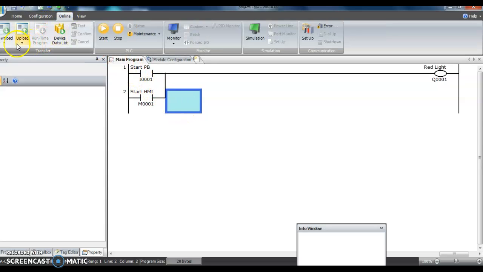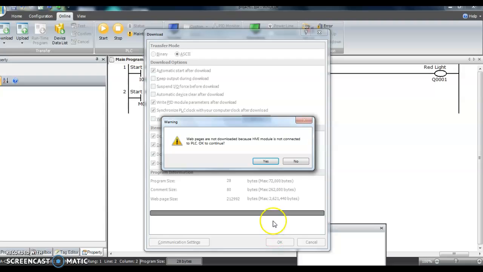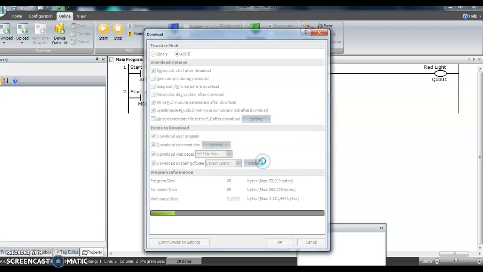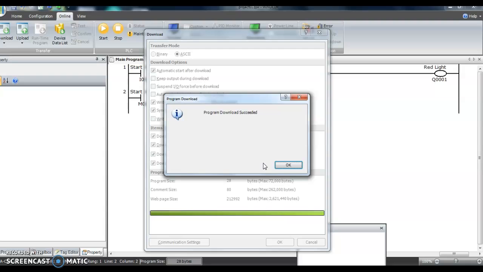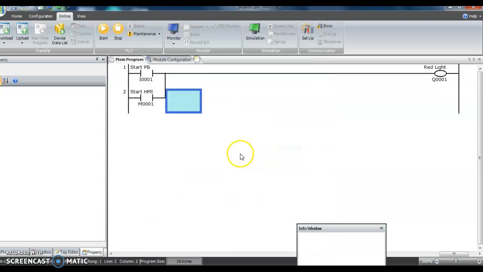Let's go to online. Go download. Hit download again. It's telling me you're not connected yet to your HMI. Yeah, I guess I know that, but let's kick gas. I want you to download it to my PLC. So download success. Bingo. Okay, I'm gonna stop right now on this part right here,